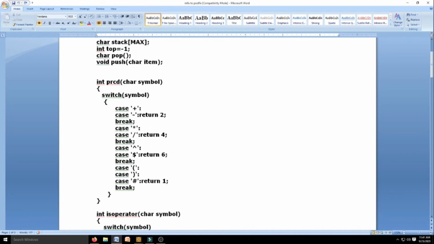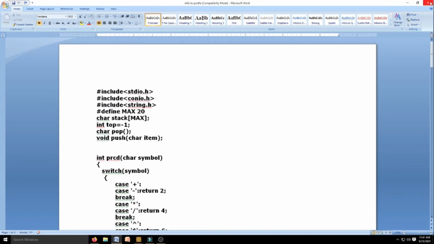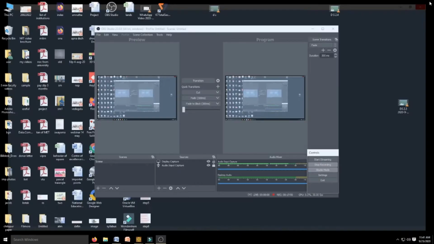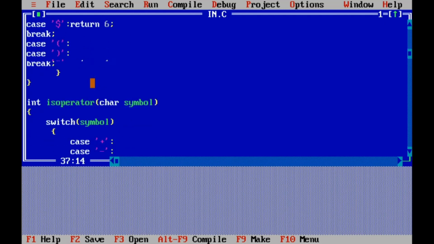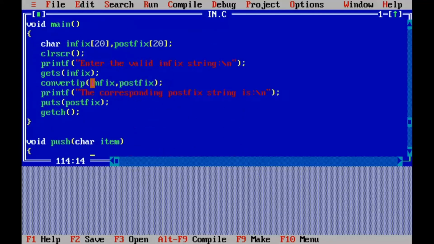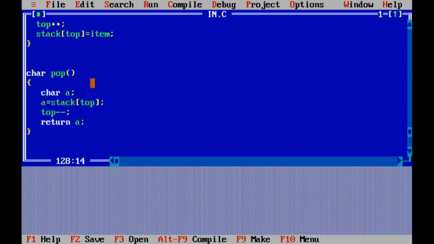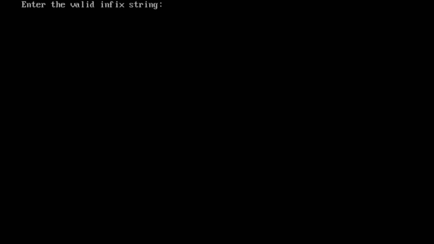Now we will see how this program will run, and this can be incorporated with the running of a program by using a compiler. We'll see that. Now we will see the program shown to you in the MS Word file. Now it has been brought to the compiler. Now you can see the same program written over here, and we will run this program. Let us try to give 1 or 2 inputs. Enter the valid input string. So you need to give a valid input string.